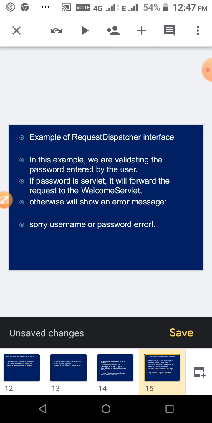See, we are going to use all this in a sample program. Here we are using one design page, one first servlet program, two more servlet programs, and then one XML file. Okay, now we will see one by one. In this example we are validating the password entered by the user. If the password is servlet, then it will forward the request to the welcome servlet, otherwise an error message will be displayed.